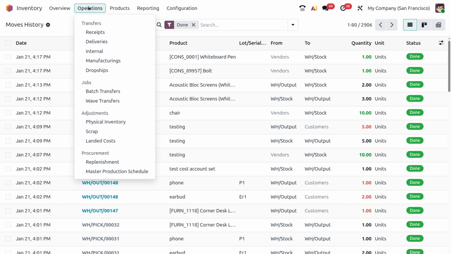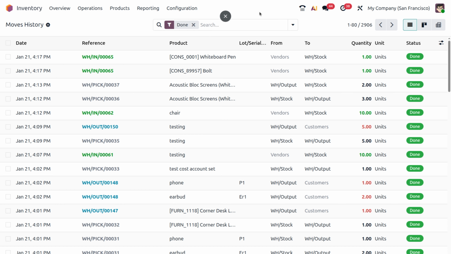So under the operations, you can see the different types of transfers, which are receipt, delivery, internal, manufacturing, and drop shipping. Inside the move history report, you can see the different transfers, which are receipt, delivery, internal transfer, and adjustment. So you can see what are the